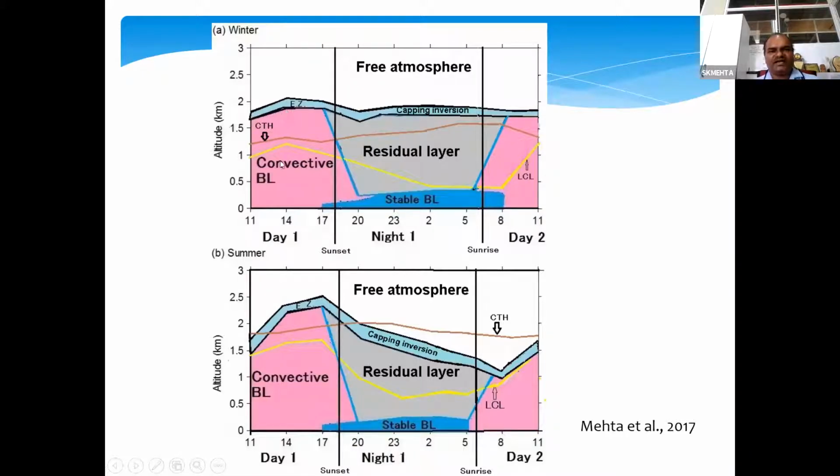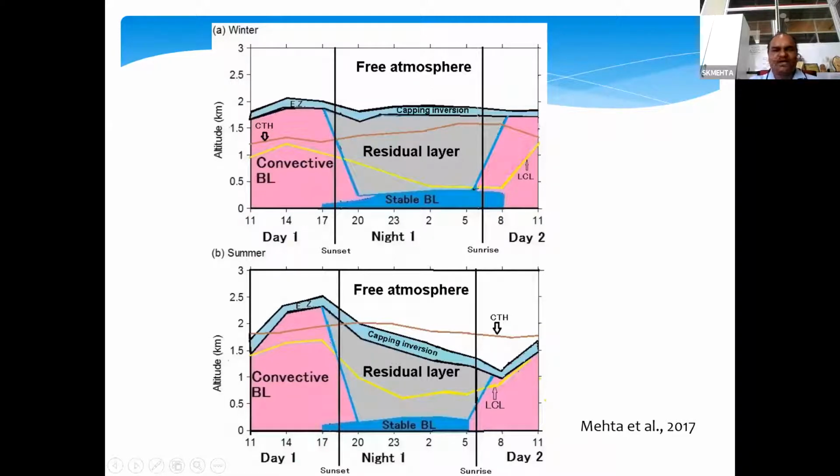We see that there is a mean plot I have shown here, and you see that we always have that kind of inversion layer over it, and that is not varying much with time. During the summer season, we have strong variability within the day. So the convective boundary layer, you see here, is a little bit higher during the summer season, and over the land we have this nice diurnal variability, but during winter and summer there is a difference between these two